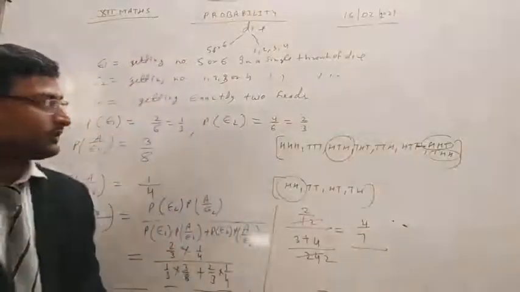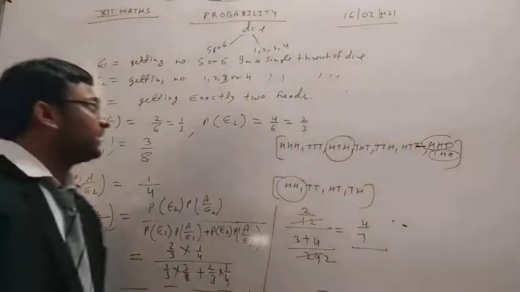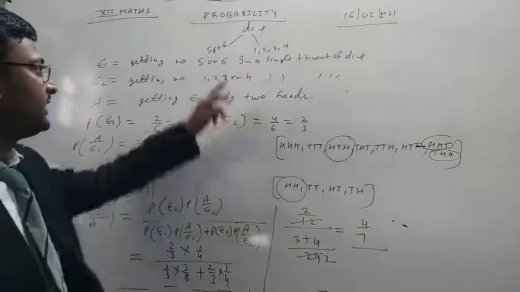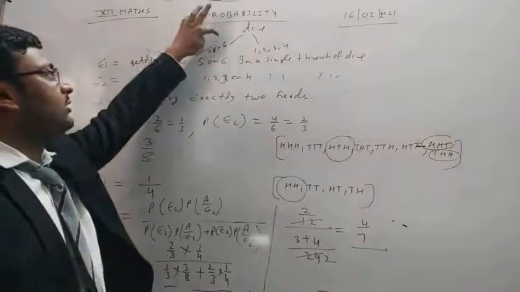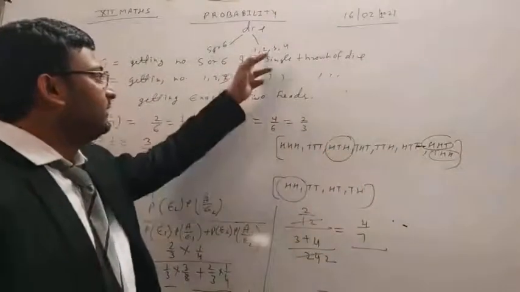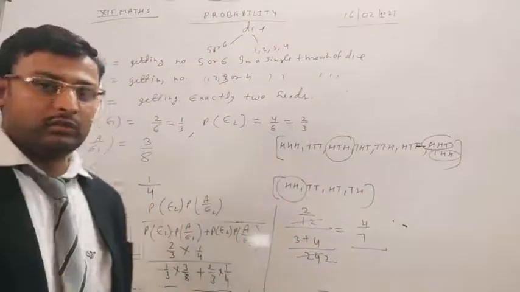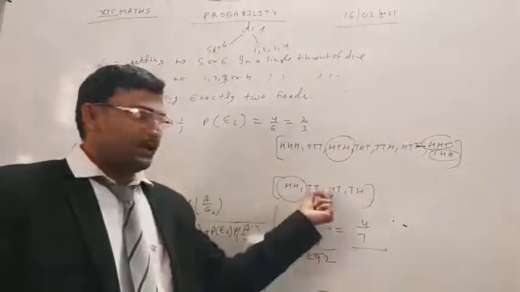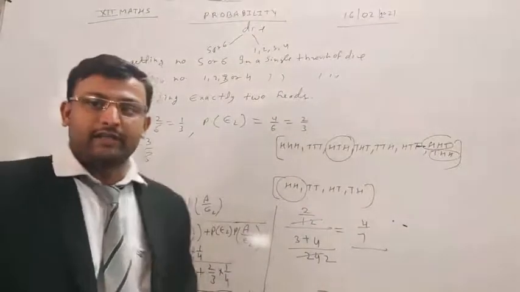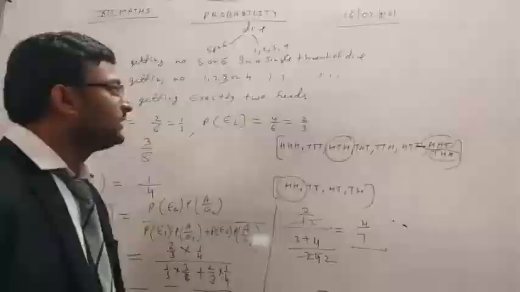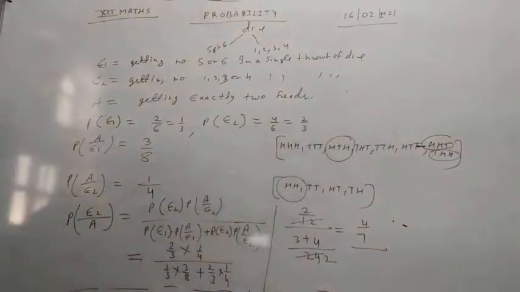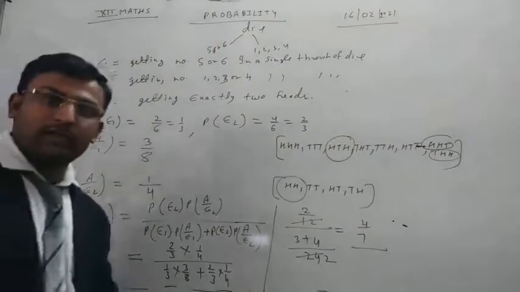Okay students, so let's see once again. Our question is, there is a girl C who threw a die. If she gets 5 or 6, then she throws a coin 3 times, and if she gets 1, 2, 3 or 4, she throws a coin 2 times. Note the number of heads in each case. So we have to find the probability that she got 1, 2, 3 or 4 with the die.